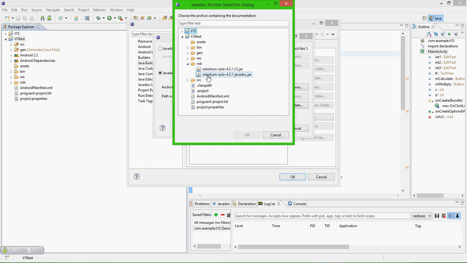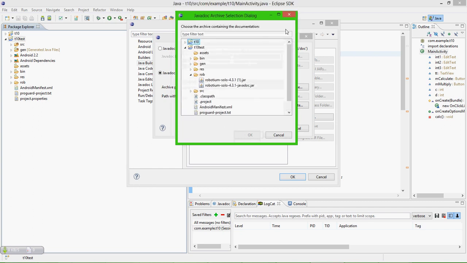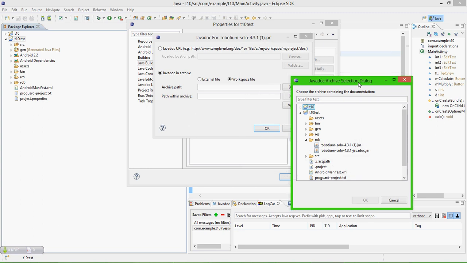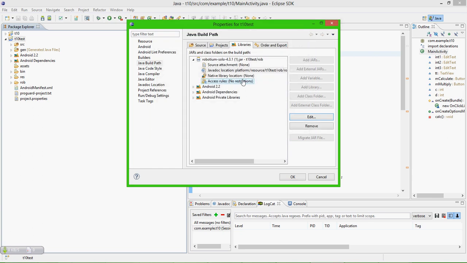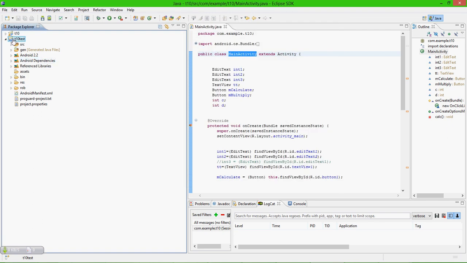Under this robo folder there is another jar file named javadoc. So what we are doing here is telling where the javadoc file is for this jar file. Here you can see now it's not none, now it has the exact path of the javadoc file. So click OK. Now this has become a Robotium